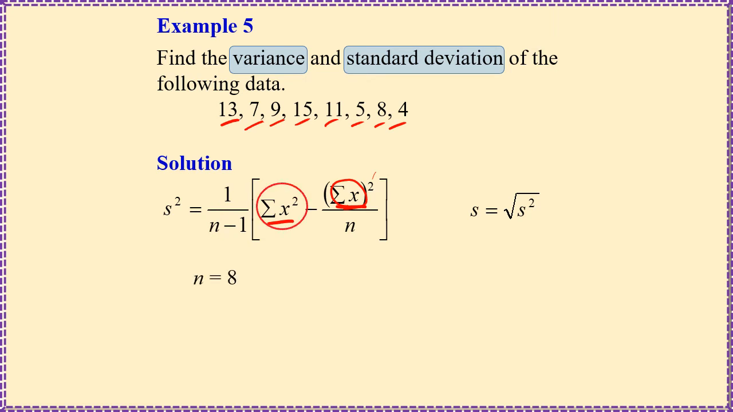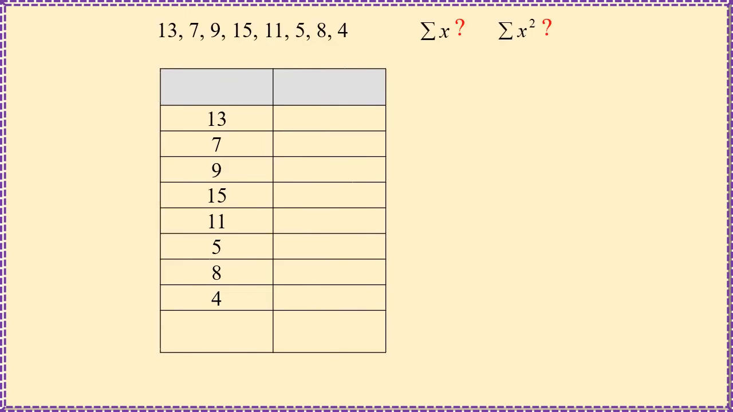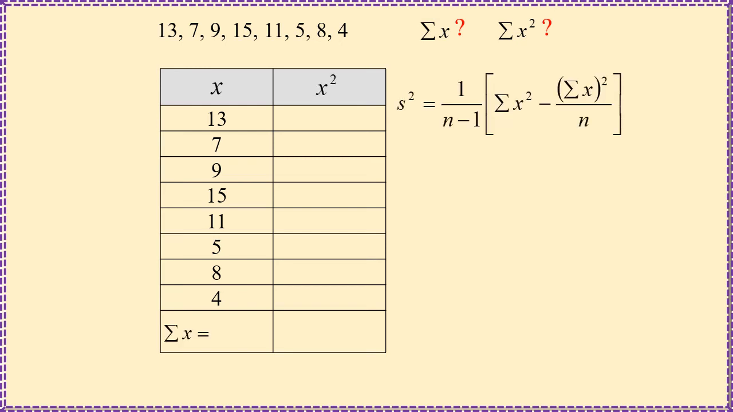Okay, now we know the data we have 1, 2, 3, 4, 5, 6, 7, 8. So the number of data is 8. Now to find the summation of x square and summation of x, we have the table here and the square of each of the data. Square each of the data. The summation of x will be 72, and then square each of the data, we get